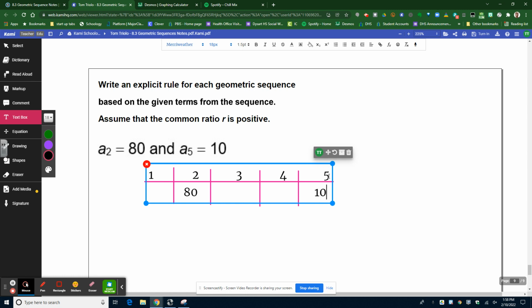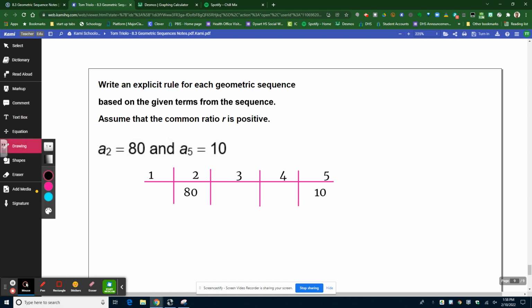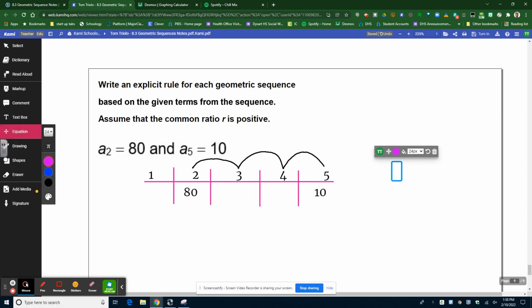So if I'm going to the right here, ready? It's all about the bunny hops. I go 1 bunny hop. I go 2 bunny hops. I go 3 bunny hops. So how many times am I applying my common ratio? 3 times. So I go over here, and it's not just R. It's going to be R 3 times. So 3R? No, R cubed. Okay? So R cubed is equal to